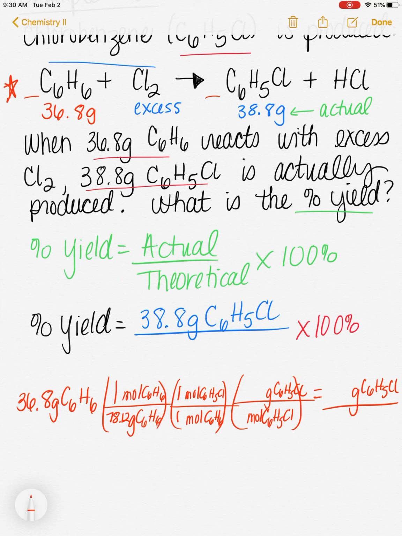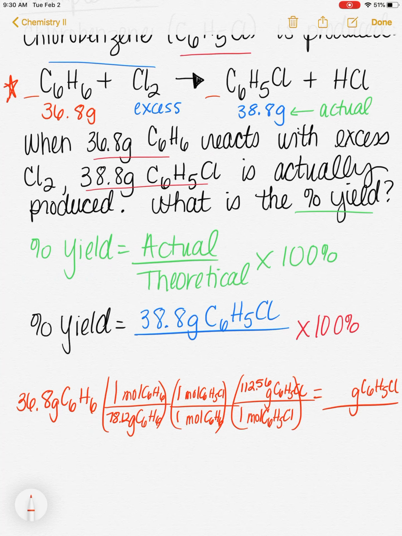Now on my last factor, this is another grams to moles. So I'm going to put a 1 with the moles. And this time I need to add 6 carbons, 5 hydrogens, and 1 chlorine. When you do that, that gives you a mass of 112.56 grams. So I'm going to take 36.8 divided by 78.12 times 1 divided by 1, which won't really change your number,